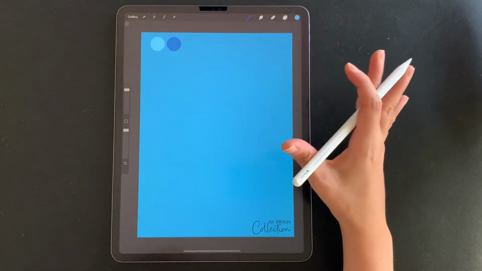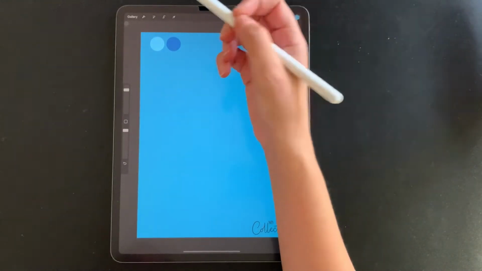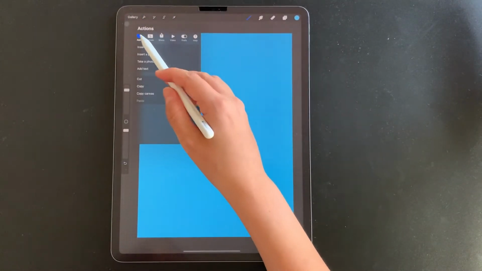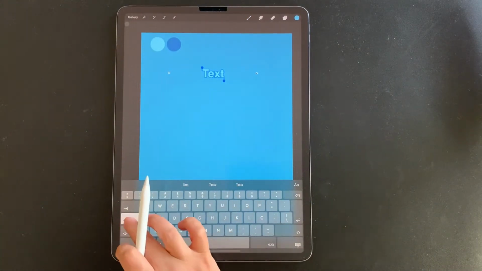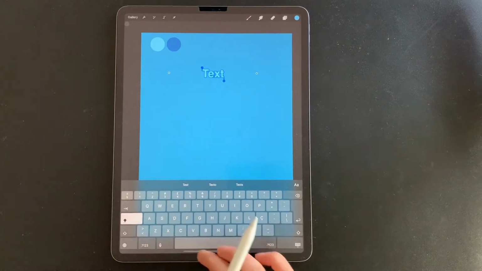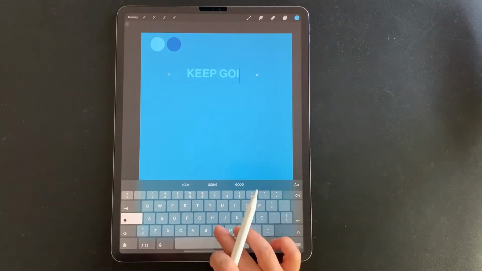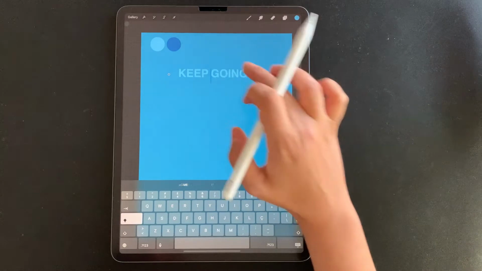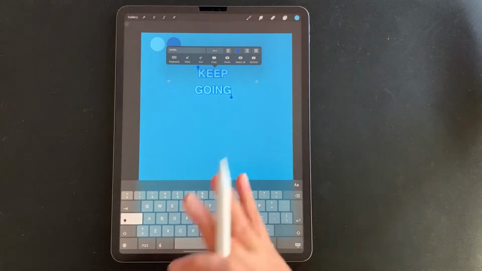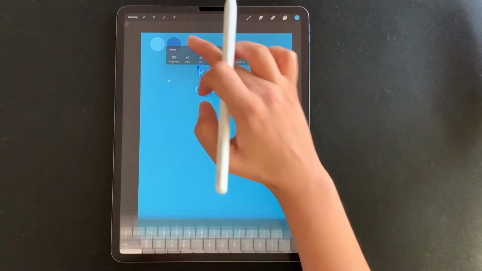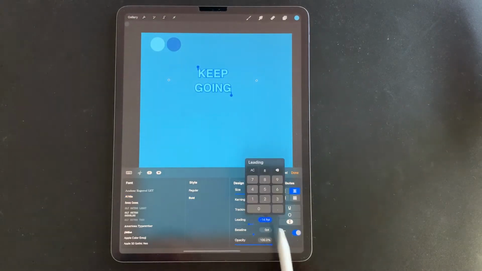So you can write anything that you want, your quote, your word, but to speed up the video, I'm going to use the add text feature from the app. To do so, I'm going to go to my actions, add, and add text. I'm going to write the quote, so I'm going to add caps lock, and I'm going to write the quote, keep going. And I'm going to put it over here. I'm going to tap 3 times really quickly to select my entire quote,